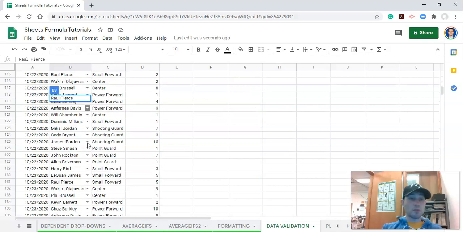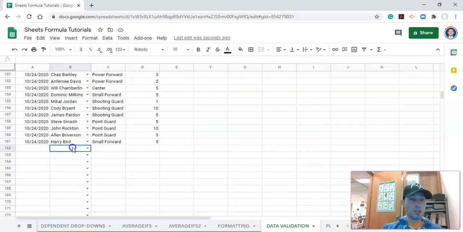So I'm going to scroll down to the bottom of this list. And let's just try to type in a different name. I'm just going to type in my name, Adam. And click Enter. It still allows me to type it in because we have show warning, but we don't have reject input. Now I'm going to remove this name, and I am going to go to Data